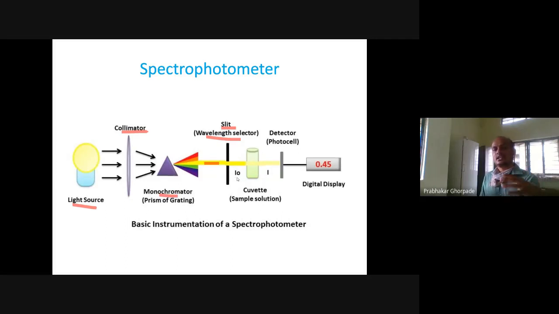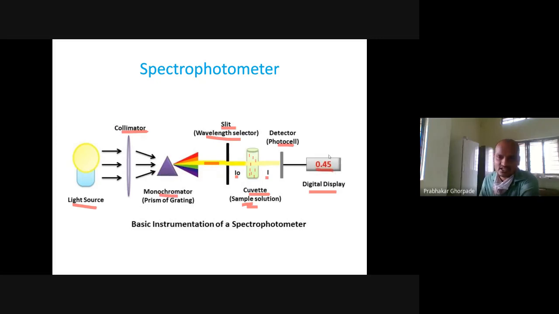So now comes the intensity part, right? When light is passing through this equipment, we have I0 intensity, and when it is transmitted, we have I intensity. Why are I0 and I not the same? Because we have a cuvette here and our sample is there, so this is the main portion. The sample we keep in this cuvette will have some biomolecules, so glucose molecules here. What do these glucose molecules do? They absorb some light, and the transmitted light can be measured in the detector or photocell, and with mathematical calculation we can get the absorption, how much light is absorbed.